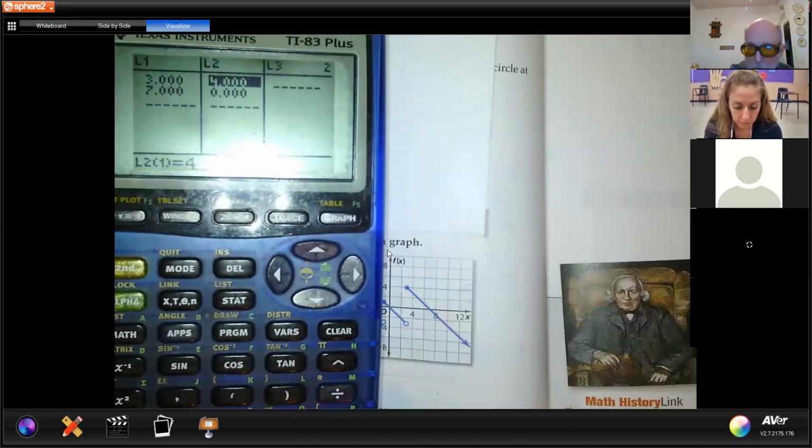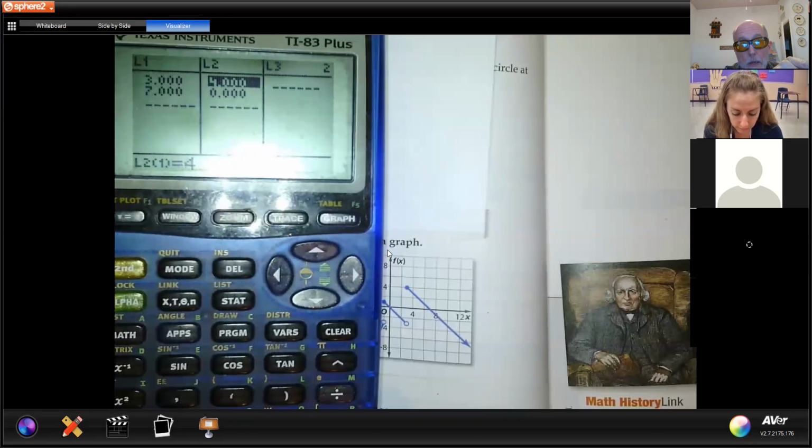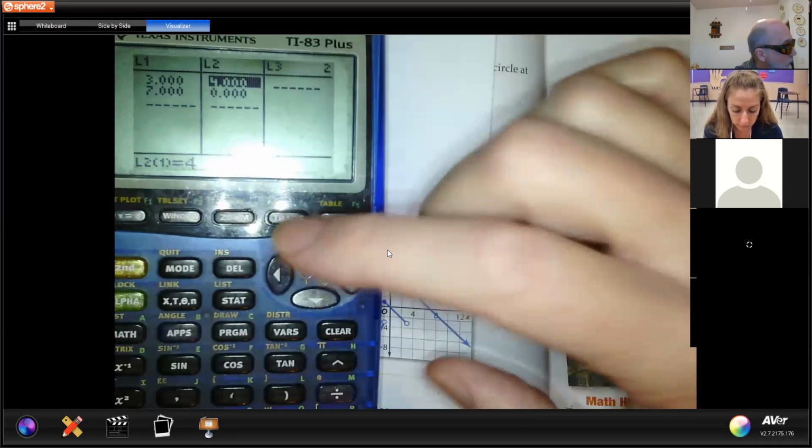And now look, there's some dots in there already. I've got the X numbers on the left and I've got the Y numbers on the right. So when I have those values in there, this is the whole cool thing about this calculator. If I hit the stat button